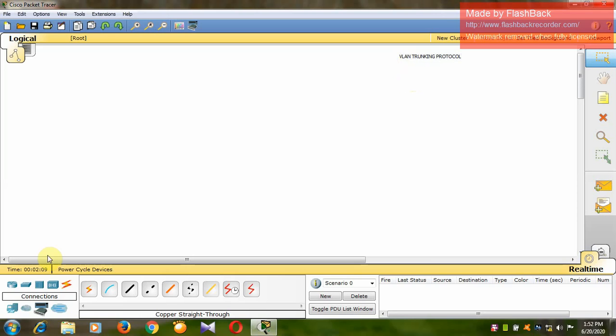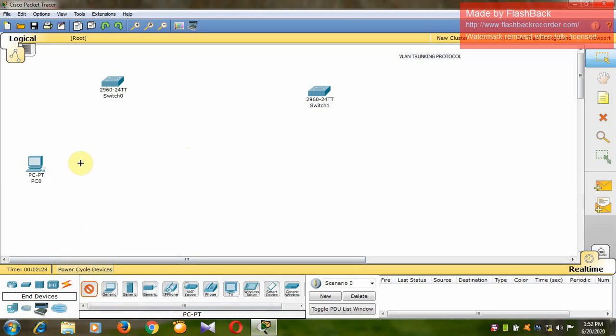For this, let us take two switches here. I will take a 2960 switch and another switch as switch 1. Let me take some of the devices here. I will take the end devices: two devices, PC0, PC1 and PC2, PC3.